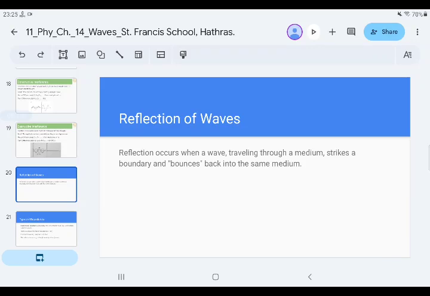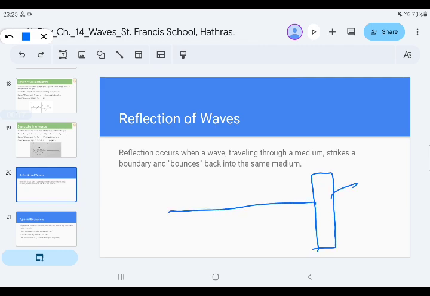Reflection of waves. What is reflection? It is the bouncing back of the wave in the same medium from where it comes. Let me show you. If here is a wall and here is a rope, this is a wall. In terms of wave, we say it a boundary, and here it is a string,